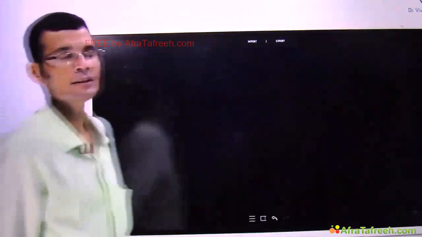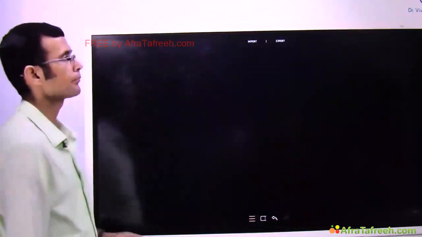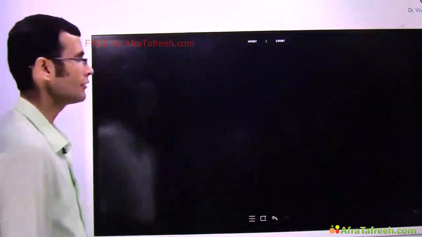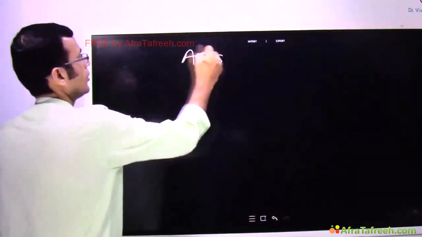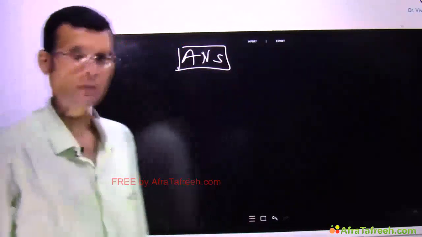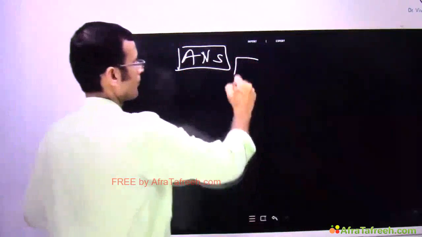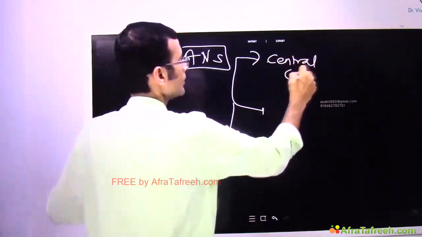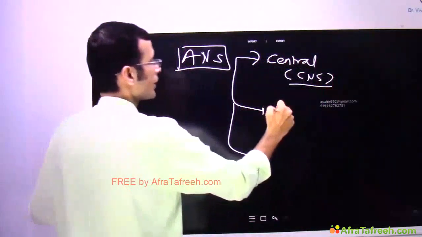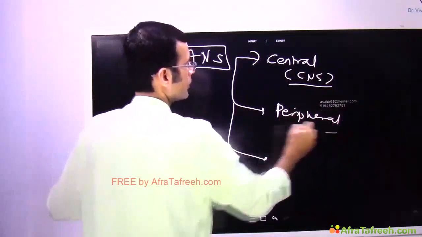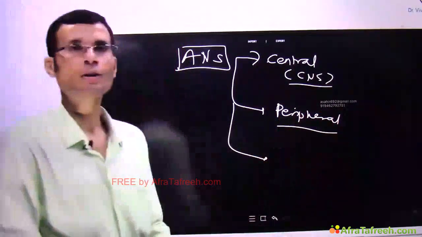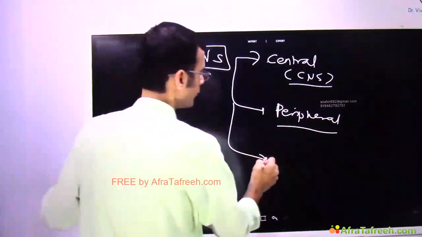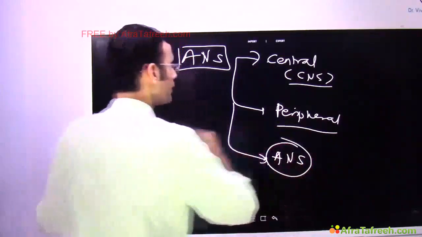Let us just finally talk about the ANS, and we will have covered a lot of the nervous system discussion. Autonomic nervous system. Basically our nervous system has three branches: the central nervous system, the CNS, which we have discussed; the peripheral nerves; and the ANS. The CNS will have brain and spinal cord, then the peripheral nerves go from the spinal cord to the periphery, or the other way around, and we have the ANS, the autonomic nervous system.